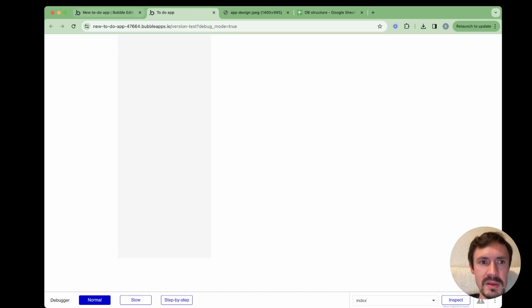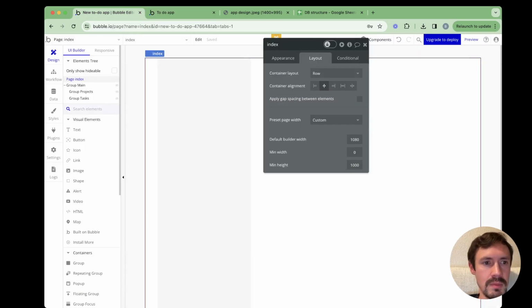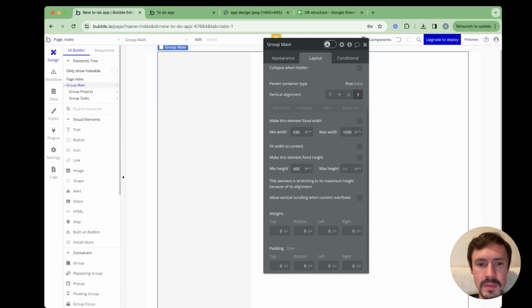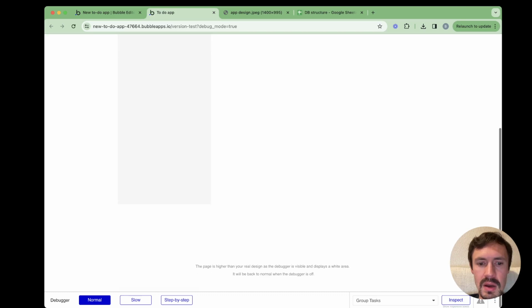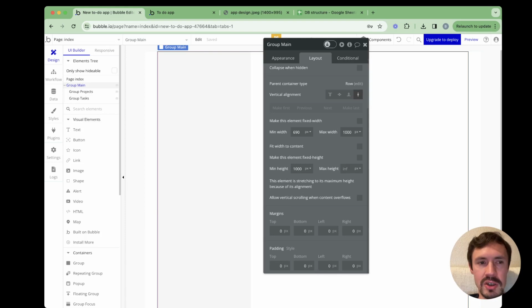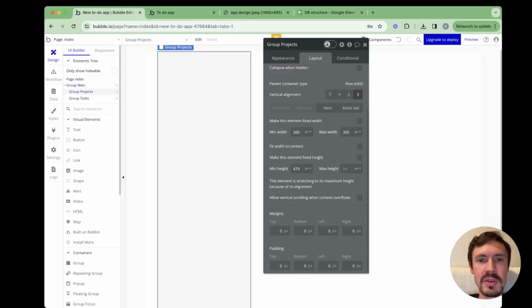Okay, it's 1000 pixels. Main, also make it 1000. Okay, now that's enough. We have our basic structure, and now let's put